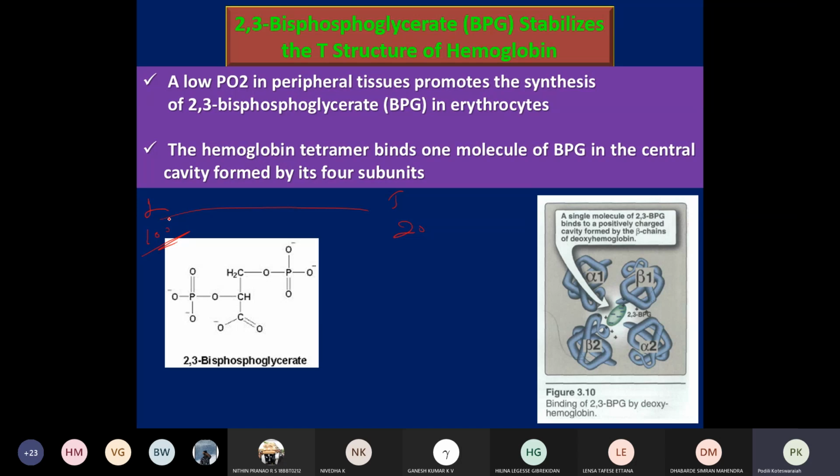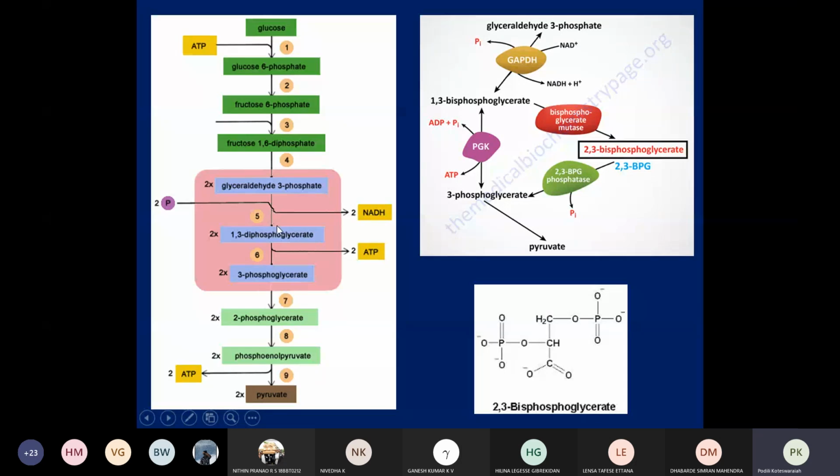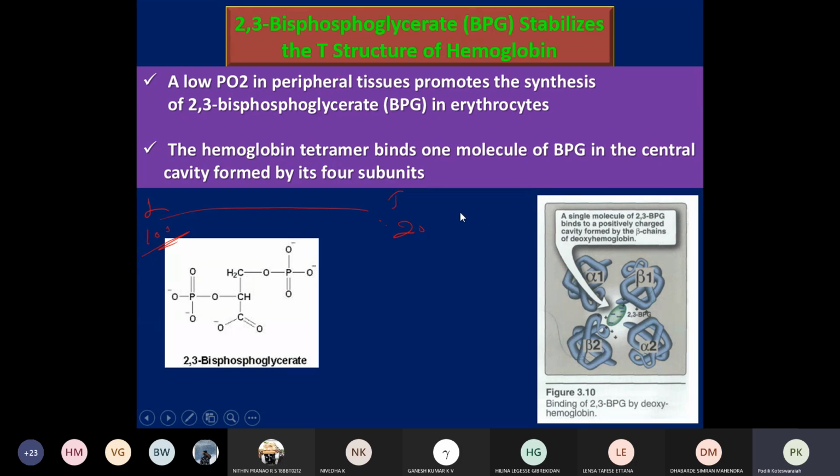So when hemoglobin moves from the higher partial pressure to lower partial pressure, because of the lower partial pressure, in glycolysis, instead of continuing from glucose to pyruvate, the 1,3-bisphosphoglycerate is also converted into 2,3-bisphosphoglycerate. As I already said, when there is sufficient oxygen, glycolysis would continue. When the oxygen tension is less, the 1,3-bisphosphoglycerate would form the 2,3-bisphosphoglycerate, and this 2,3-bisphosphoglycerate, you can see